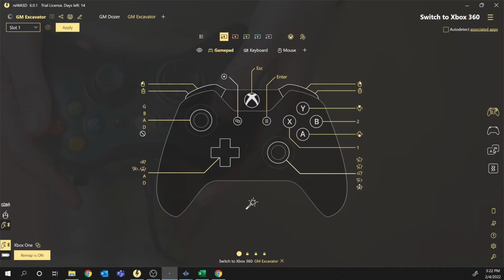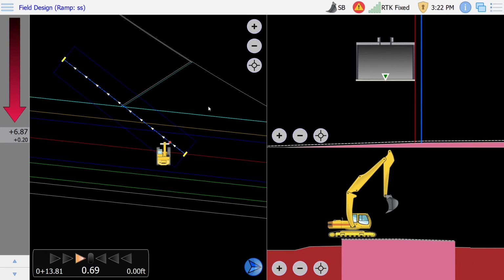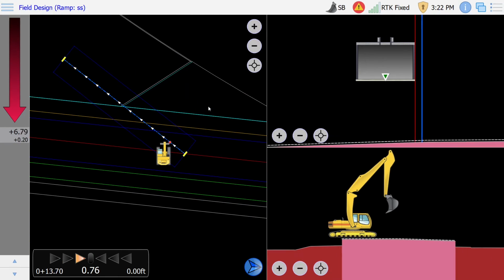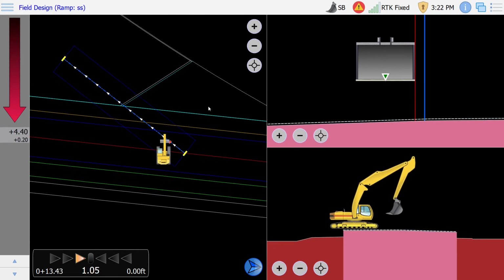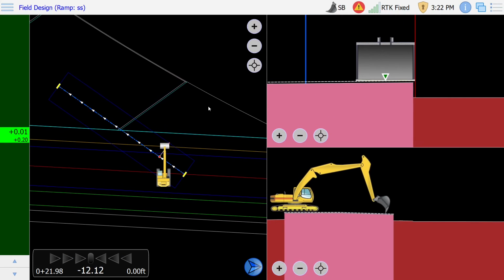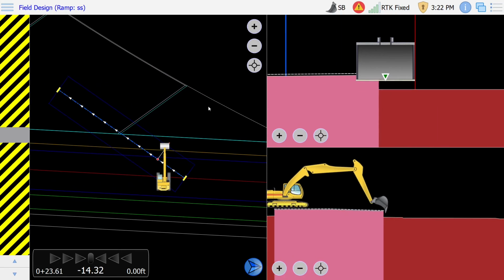These two controls, this is Cat controlled as it sits. This will be your stick and yaw. And this guy will be your boom and bucket. So I'll switch back here and you'll be able to see that. I'm just going to use my left stick now, stick out and stick in, and then left or right is yaw. My right stick up and down is boom, and left to right is bucket. So it's not as fine-tuned as like a HOTAS would be. You've got to be really careful when you're digging,